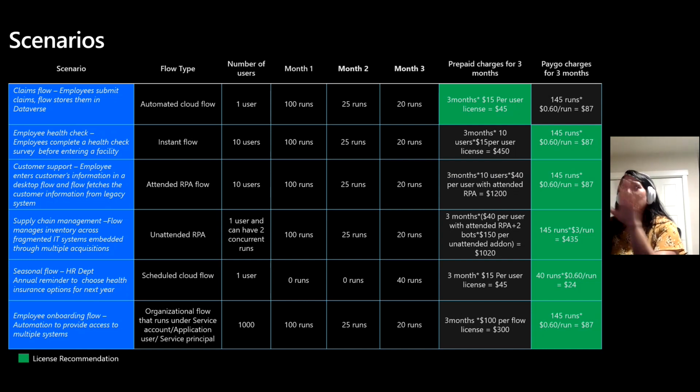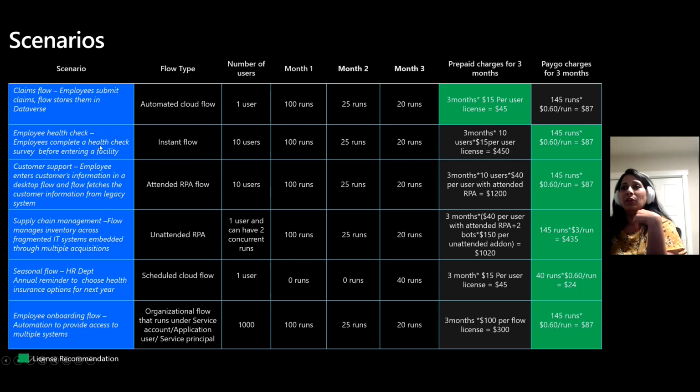And if the same flow was on Paygo, there were 145 runs across all the 3 months, and every run costs 60 cents because this is an automated cloud flow. So it's $87. So in this case, because it's just that one user, it's economical to go with prepaid, and the run count is low. So it's better to go with a prepaid license.